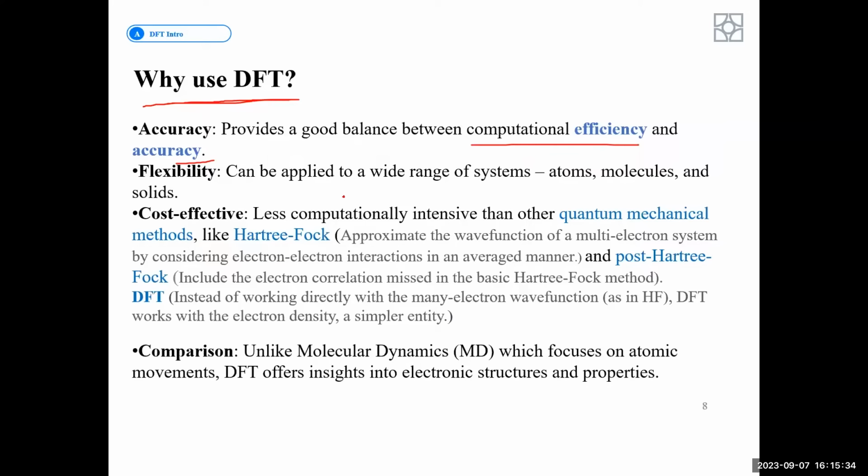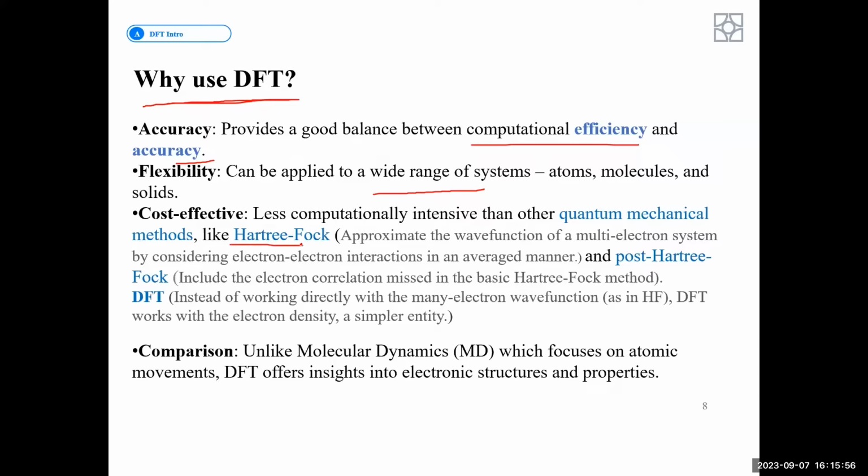Flexibility: it can be applied in a really wide range of systems. Almost any kind of system or material, you can deal with using DFT calculation. There is always an application where you can use DFT calculation. It's really cost effective in terms of computational cost, compared to other quantum mechanical methods, because those are aiming